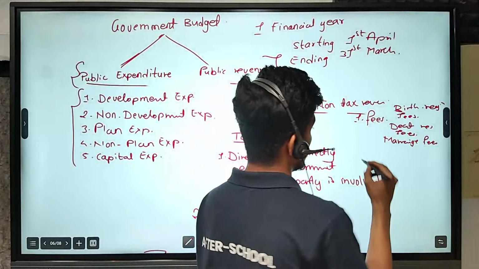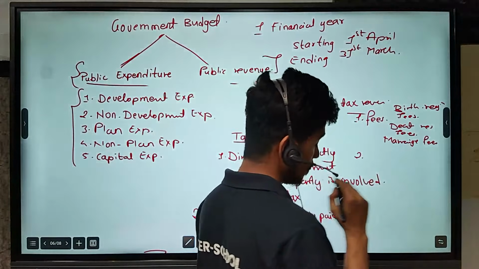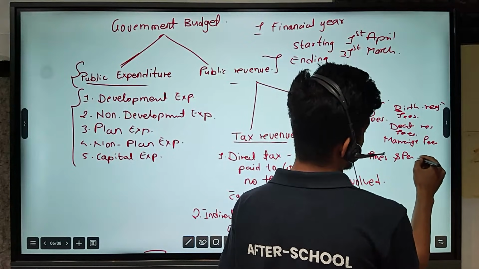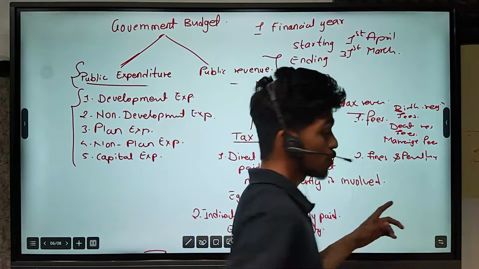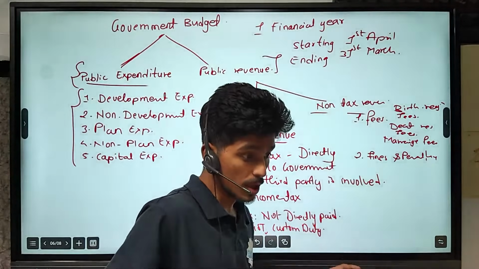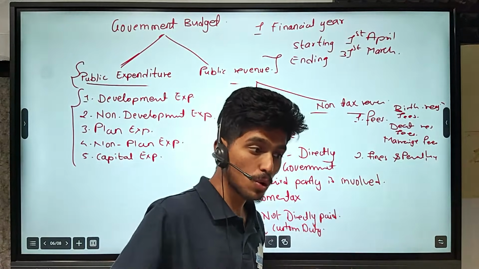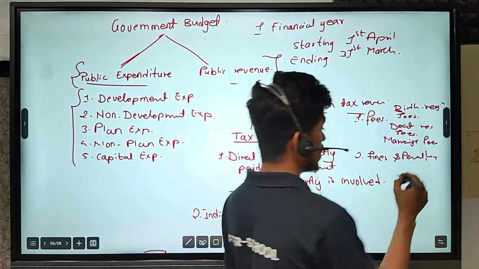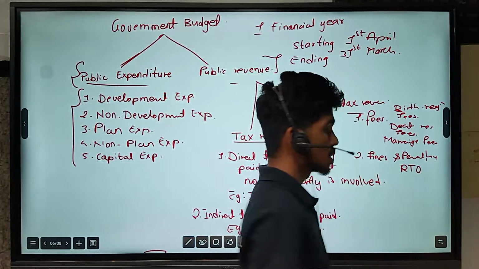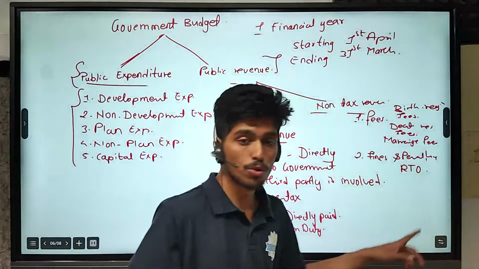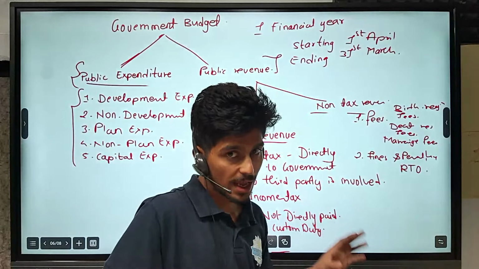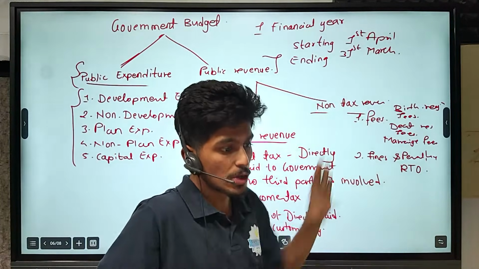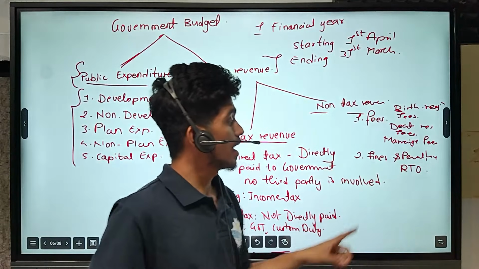it uses it. And the second thing is fines and penalties. Certain fines and penalties are there that we have to pay to government if we break the rules. Certain rules are there, we have to follow them, and if we do not follow them, we have to pay certain fines and penalties. For example, the RTO checks that you are maintaining proper rules on the road, and if you break the rules, we have to pay a fine and penalty, and that money is going to government. That money is not going to any police station and all. Then another is like